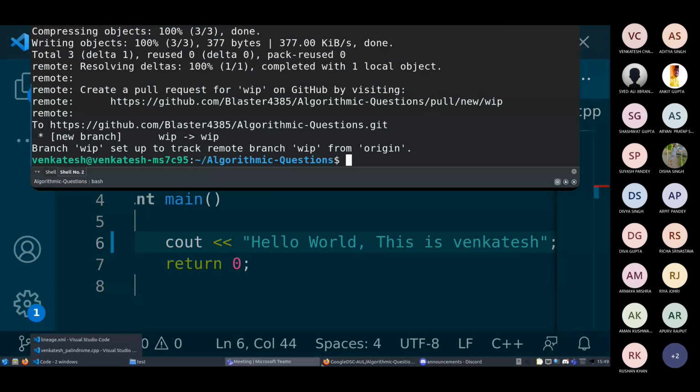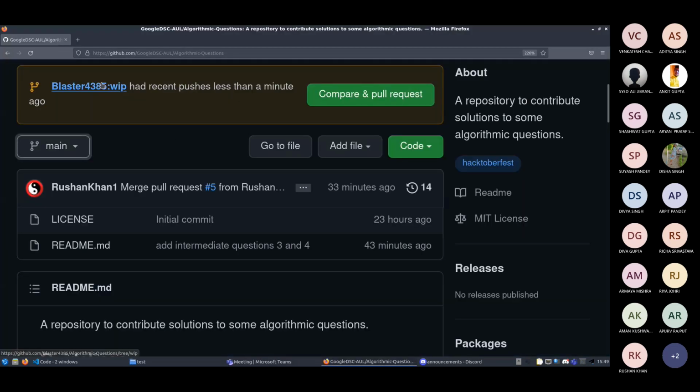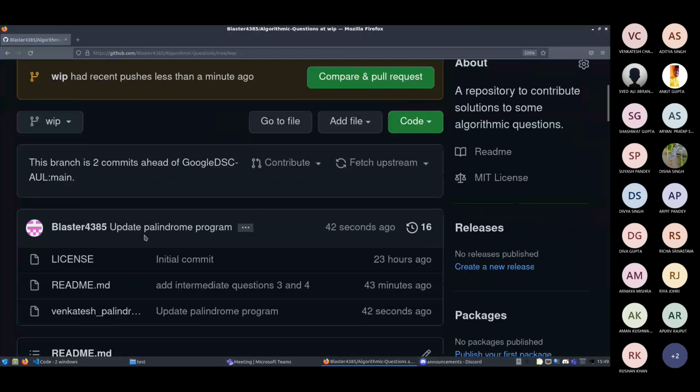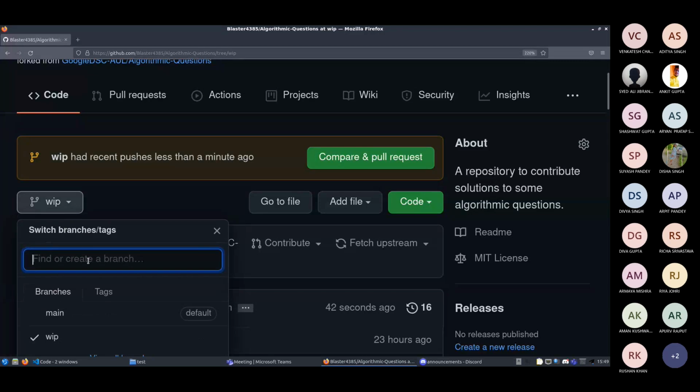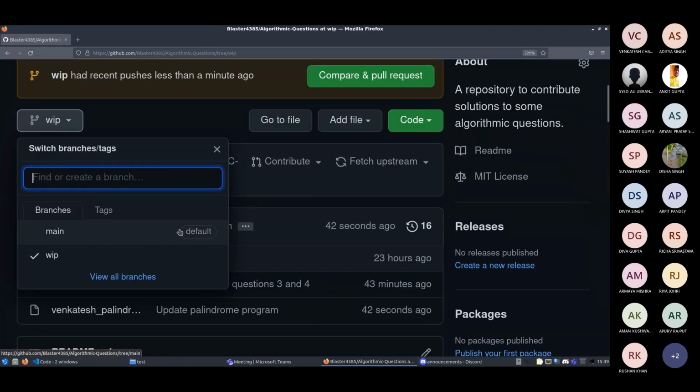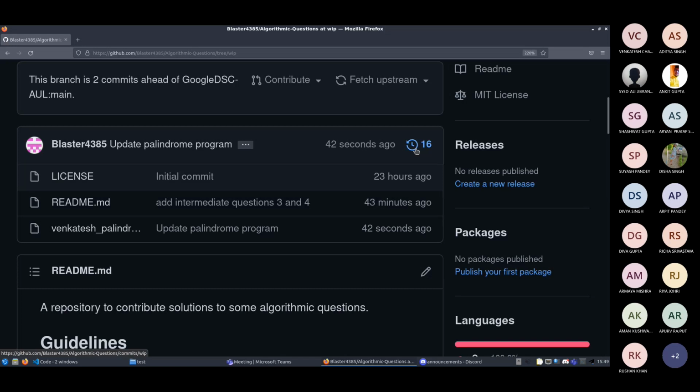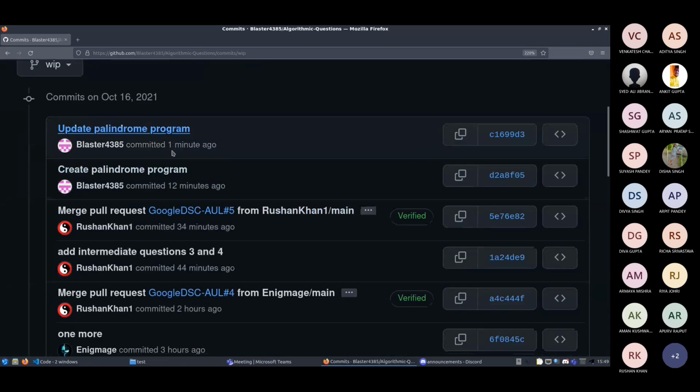It is pushed. And once we go here, see, now it shows two branches, main, that is the default branch, and the WIP branch. And the WIP branch shows, see, now there are two commits that I've done. One is the create palindrome program and one is the update palindrome program.